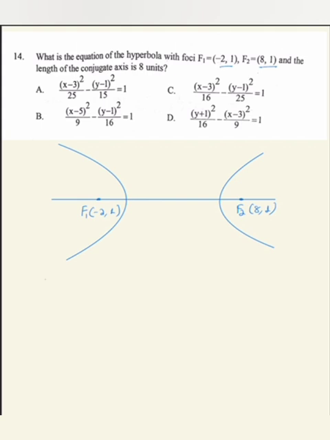so horizontal hyperbola ደግሞ ፎርሙላው ምንድነው x minus h the whole square over a square minus y minus k the whole square over b square is equals to 1 okay እዚህ ጥያቄ ውስጥ ሌላው የተሰጠው ነገር ምንድነው the length of the conjugate axis is 8 units ይላል okay the length of the conjugate axis 8 units ነው ማለት 2b is equal to 8 ማለት ነው so b ያችን 4 ነው ማለት ነው አሁን የሚቀረን a ማግኘት ነው